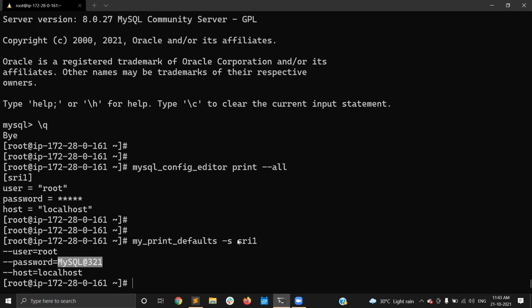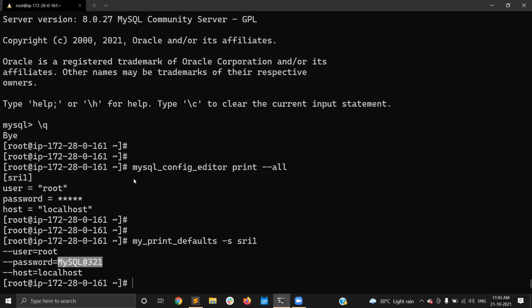Like this, if you want to set up many login paths, you can do that. For example, if you need to provide access to 5 developers, you can create 5 login paths and directly provide the login path to them. Instead of providing the user and password, you can just provide the login path so they can log in using it. So this is just improving your security, right?